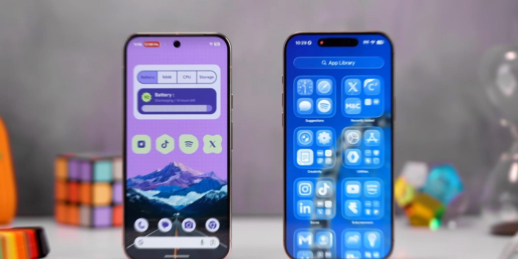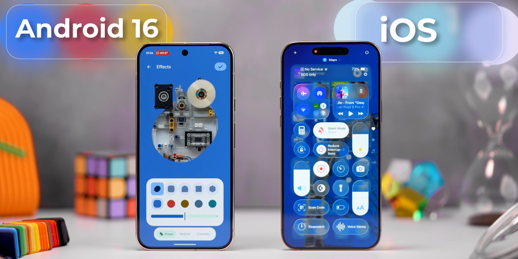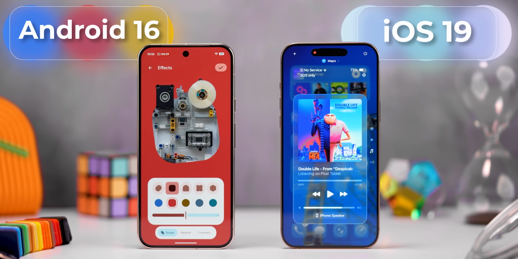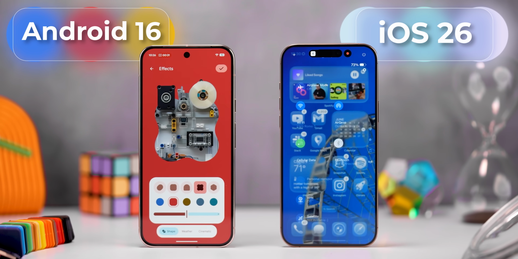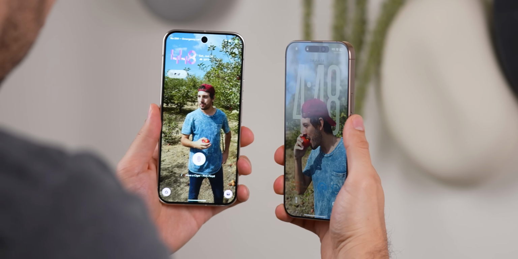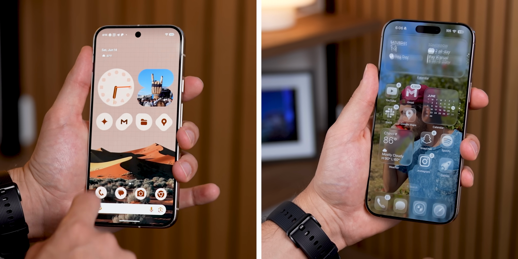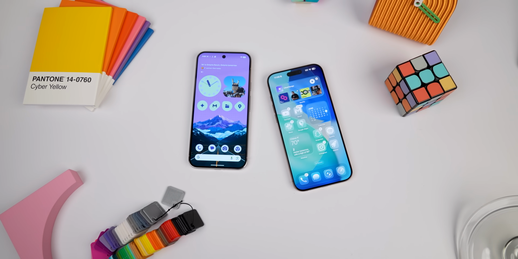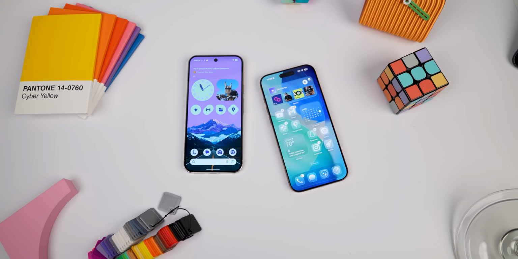Let's compare two of the biggest smartphone updates, Android 16 versus iOS 19. Oh, sorry, I mean iOS 26. Bruh. Whatever. We'll see who brought the most innovative features, who copied who, and which update feels more meaningful overall. And hey, this is hands down the most in-depth comparison of these two updates yet on YouTube, so